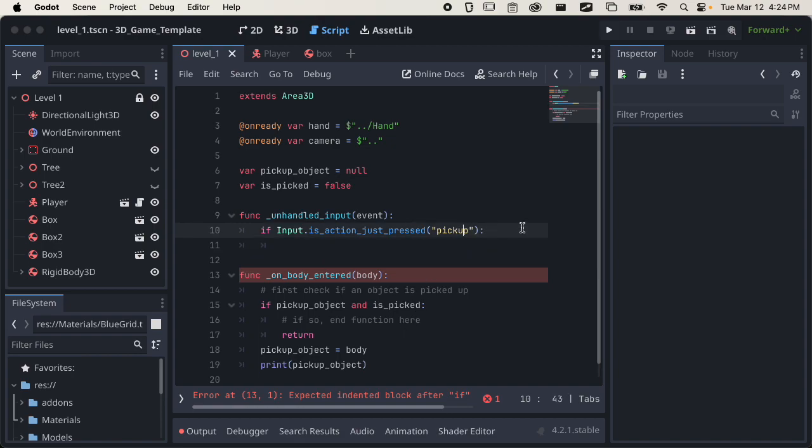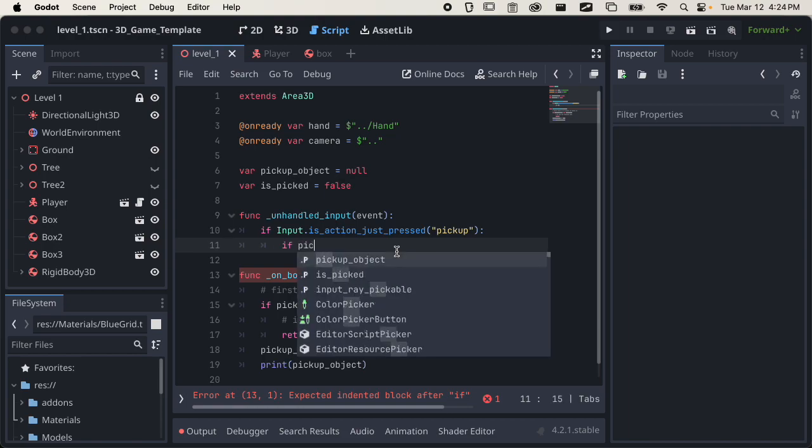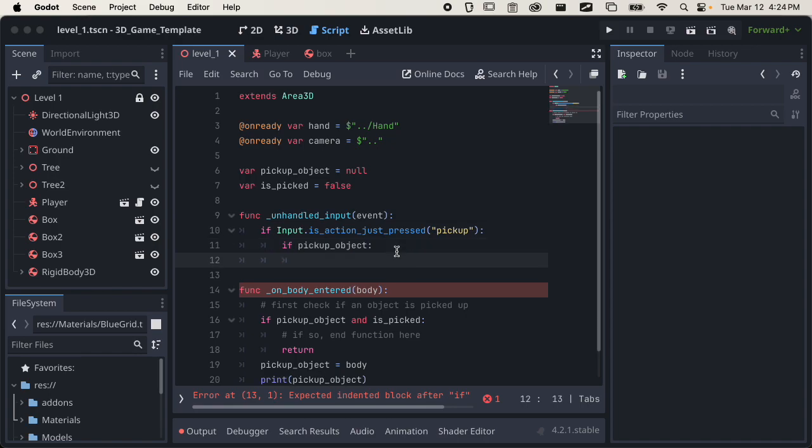Okay. So there's a couple things that we need to check first. So first we need to know, do we already have an item picked up? Okay, so we're going to say if pickup object. If there is an item picked up, then we need to either decide to pick it up, or actually this is if an item is detected. So if the item is detected, if we have some object in our area, we can either pick it up or not. So we can say